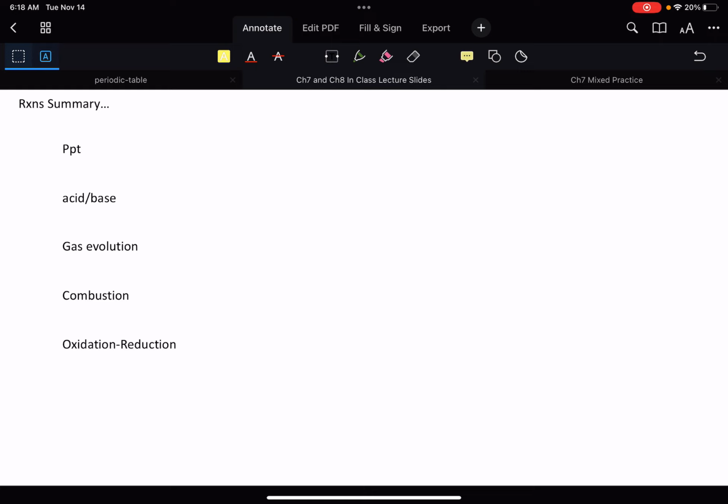So, obviously, before you do the mixed practice, the key thing is you need to be able to identify what kind of reaction it is. So, what to look for, right? If we were trying to identify a precipitation reaction, what would we be looking for? Right, we'd be looking for two aqueous ionic reactants. And if we have two aqueous ionic reactants, we will